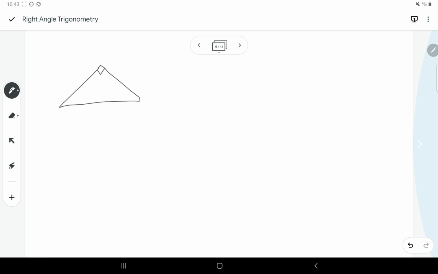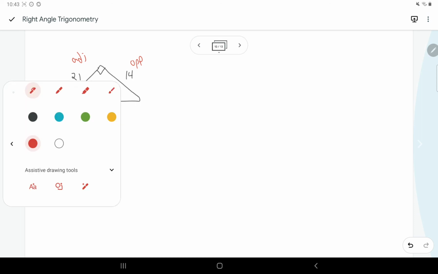Okay, so there's a right angle here. We're given 21 and 14 as our side lengths here. And we're given just a big old question mark for the angle because we have no idea. So let's take a look here. If we look at this angle, we look all the way across, that should be our opposite side. And if we look right beside but not to the hypotenuse, we will have the adjacent. Okay, so tangent